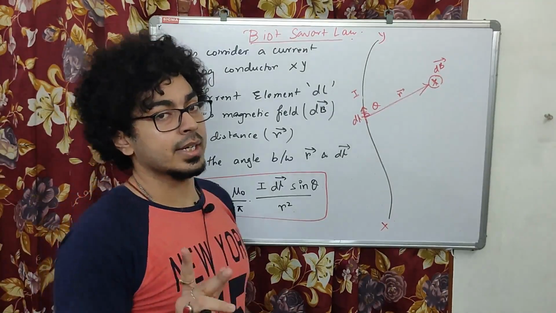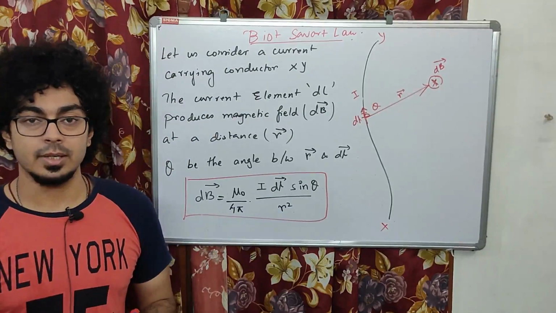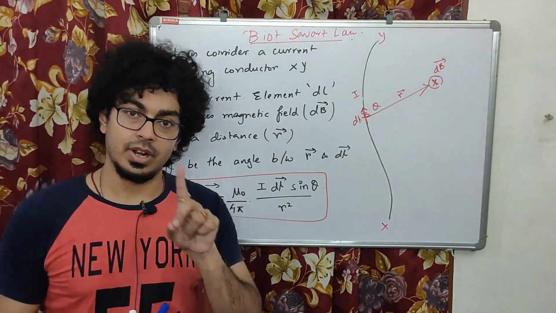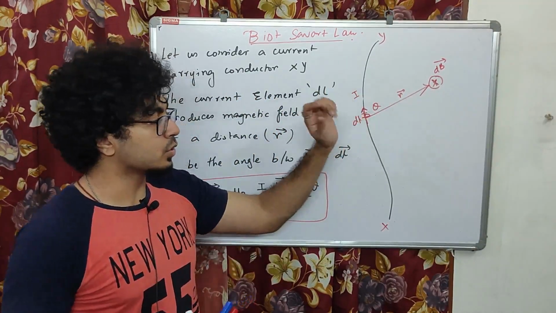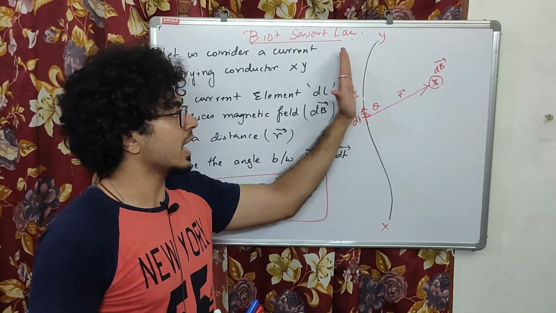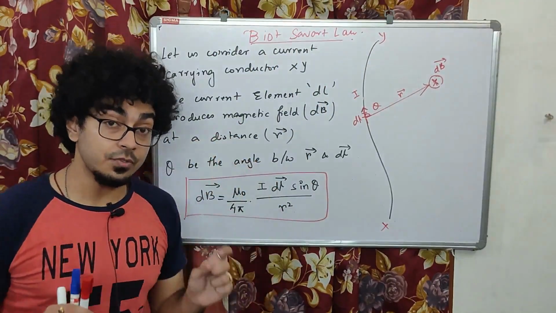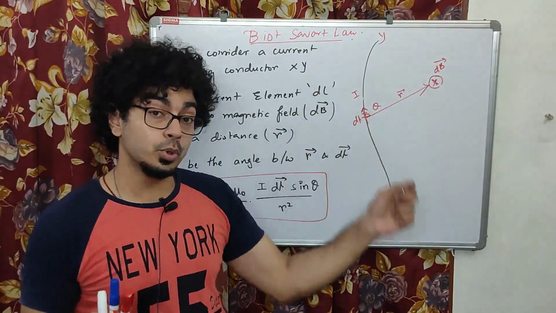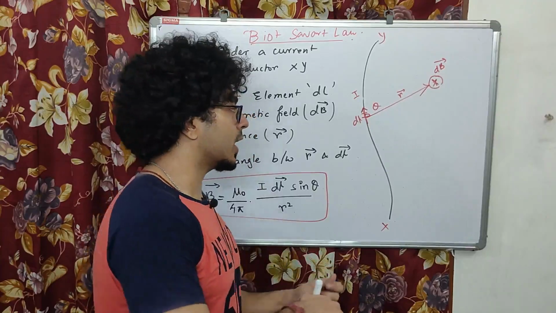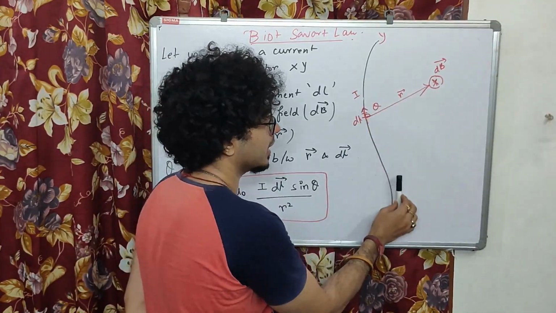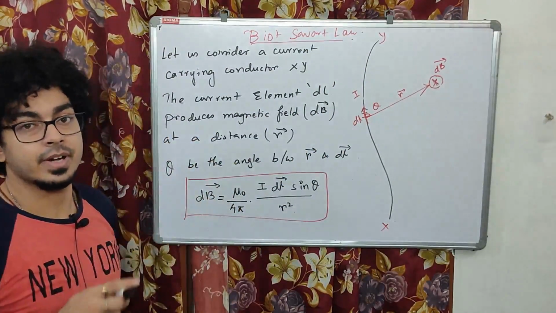And the most important question the student will ask me is, sir, how can you say this dl part is a vector quantity? See, current is a scalar, right? Just understand it like this. When current is flowing through this, at this particular point the current has this direction. When you are specific with the element, that is, at which position the current is moving, that part becomes a vector quantity. Current at this point has a certain direction, at this point has a certain direction. So the current element is a vector quantity.